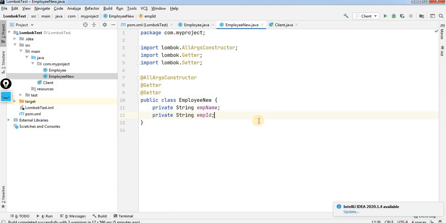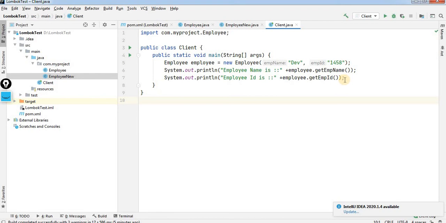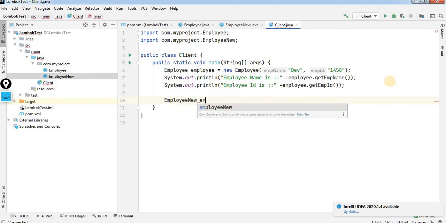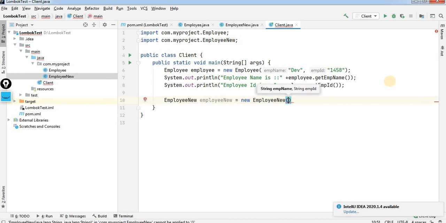Okay, so what will happen if I go in the Client.java class and start creating a new employee object, employee new equal to new EmployeeNew class, and here we have to provide the name as Arpita and the employee ID as 8541, right?